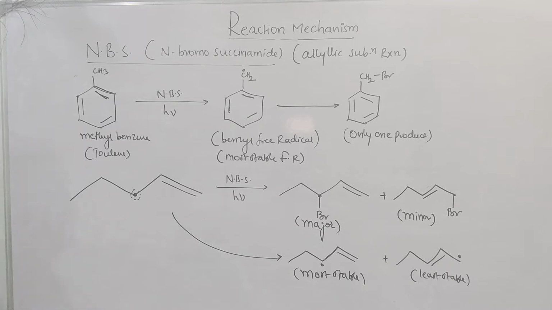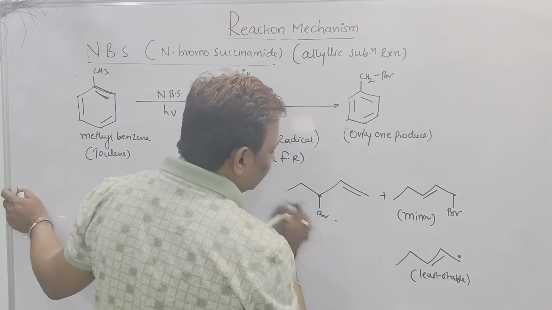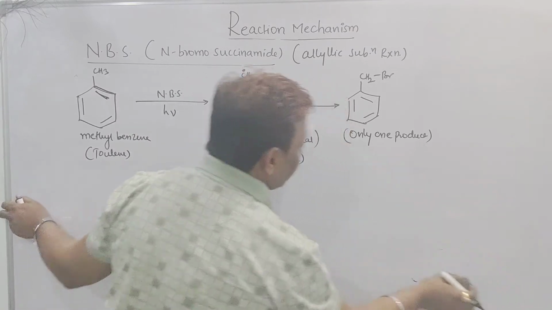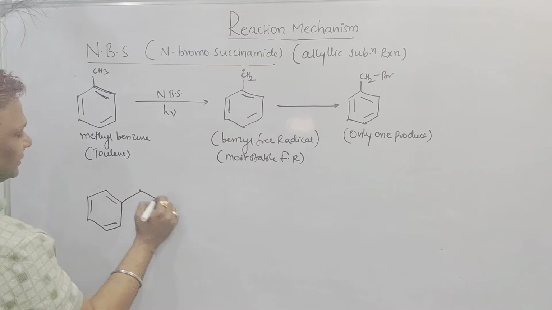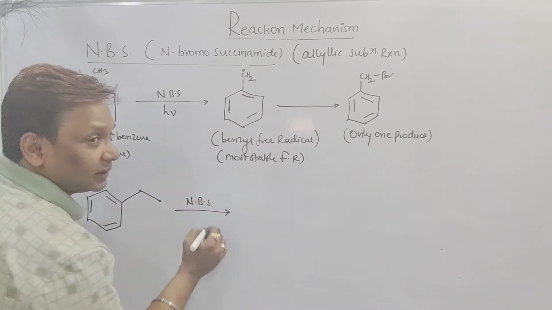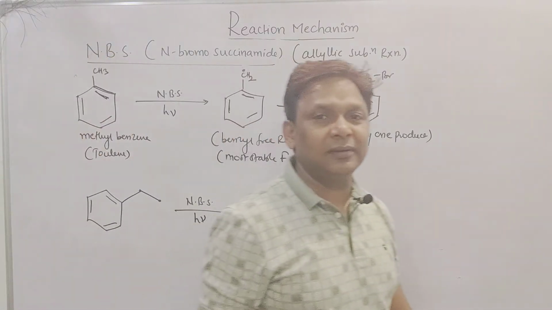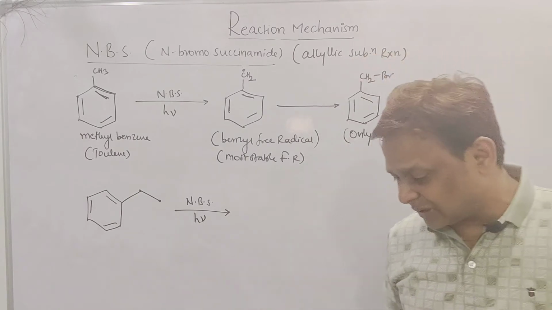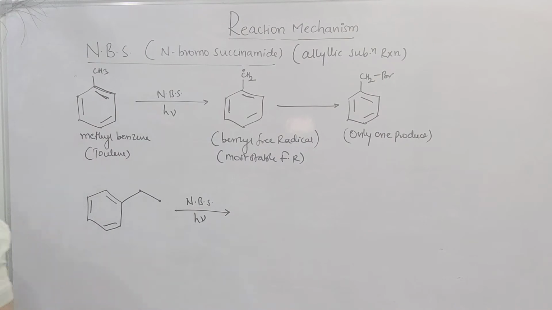Is it clear? Very good. But one more, you try it. I'll write the question and just let me know how many products it will form here. These are the pi bonds, correct? And this is the ethyl group attached to it. And again, beta, it is having NBS in the presence of sunlight. Can you tell me how many products it will form here? NBS means obviously N-bromosuccinimide, allylic substitution will be there. But how many products will it form?